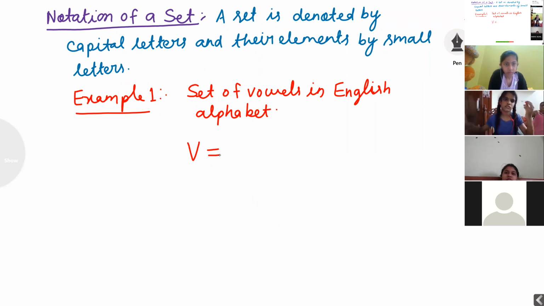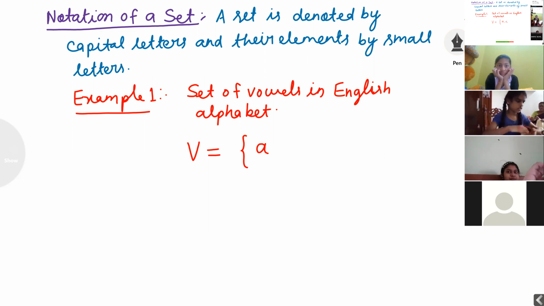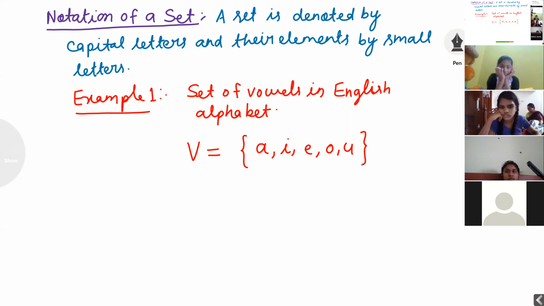Now I know, students, there are 5 vowels in the English alphabet: a, e, i, o, u.